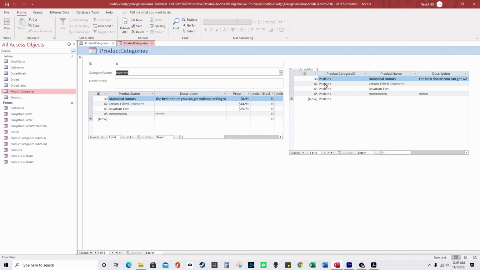I just included all of the columns. So that's how you create the subform, and you link it to a list box. And then